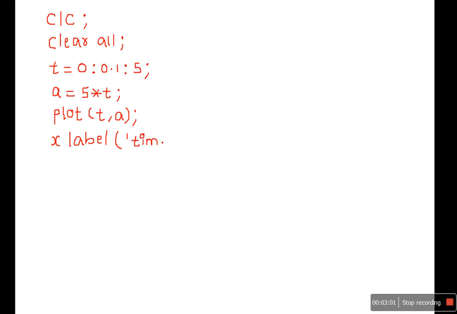Now x label is entered in single quotes, then the data present in the single quote will be displayed. Similarly, for x label we have given, in the same manner we have to give y label. So y label is what? Amplitude. So y label, x label are predefined commands. If you start typing itself it will be generated, no need to remember, just we have to give. So x label is done, y label, amplitude, is also done.